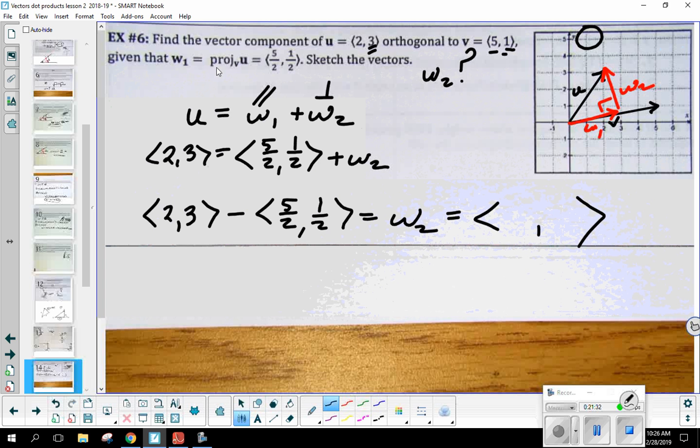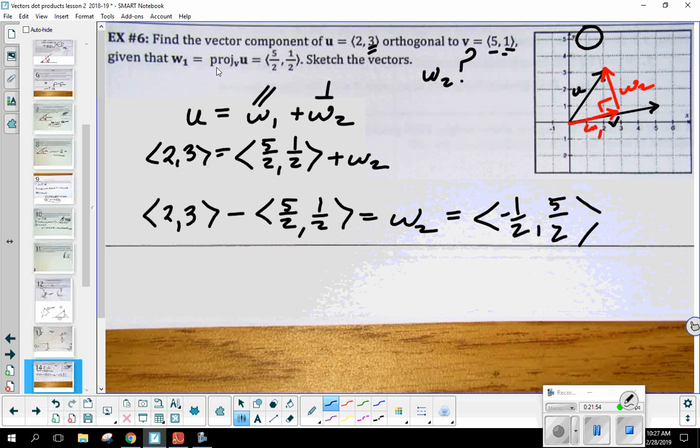Now, what is 2 minus 5 halves? Okay, negative 1 half. And what is 3 minus 1 half? 5 halves. So this should be the component form of that W2 vector that I wrote right there, the one that's perpendicular